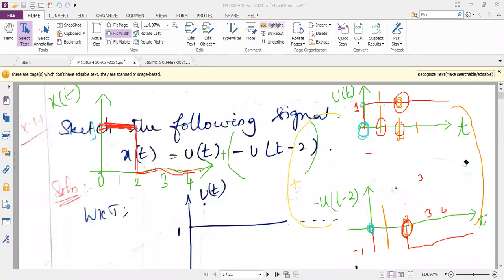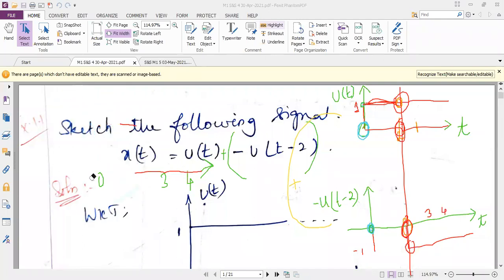So in simple terms, if I want to convey, see now I have erased the middle diagram. I have only diagram 1 and diagram 3. So when I compare diagram 1 and diagram 3, up to 2, definitely I have an amplitude 1 here. So that has to be maintained, and after 2 there is a transition, because -1 and +1 get cancelled. That transition I am showing as 0 throughout. So I hope it is okay now. Let me solve one more problem so that you will understand it better. So can I go ahead?